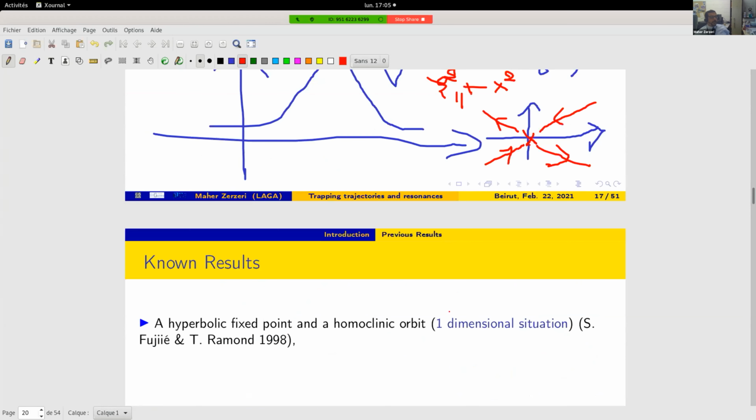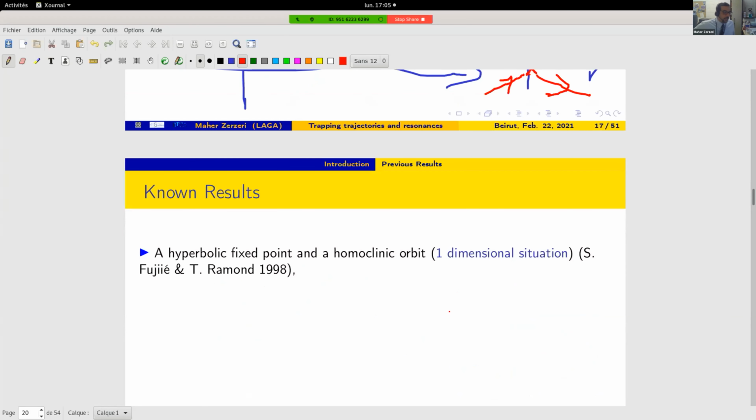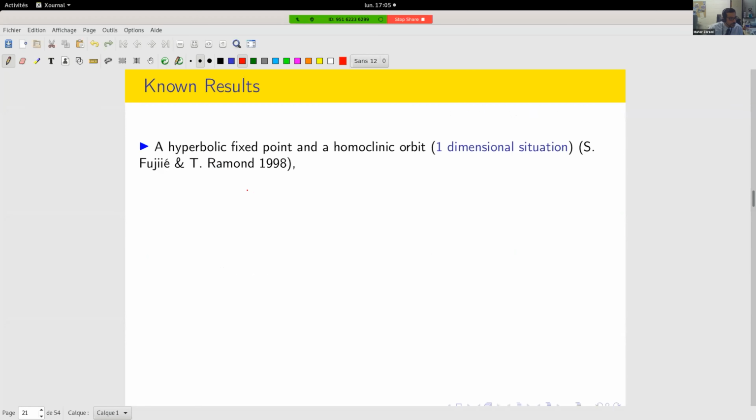So now the very important thing, and this is only done in one dimension in 98, because we have some very powerful method, what we call exact WKB method, and this is in the case of hyperbolic fixed point and homoclinic orbit. So maybe